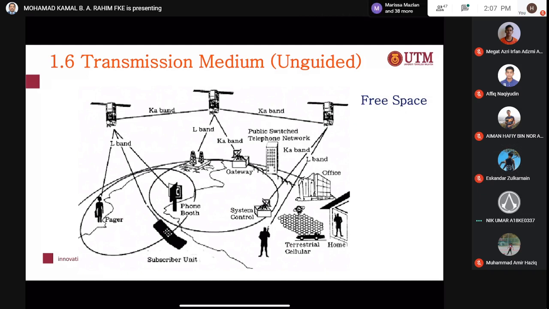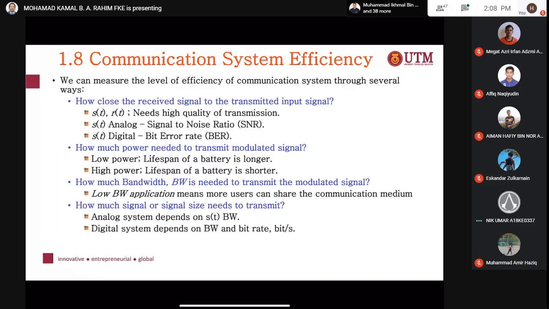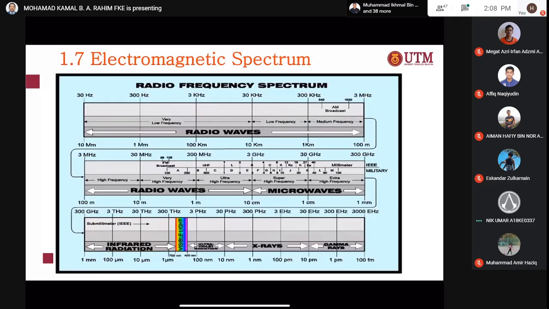Free space. So that means the medium of transmission is free space. You transmit your signal through free space, and then a receiver receives it and demodulates whatever information you are transmitting. Okay, if you look in terms of the electromagnetic spectrum here, as you can see, this is the radio frequency part of the spectrum. From here, the frequency starts from 30 hertz until 3,000,